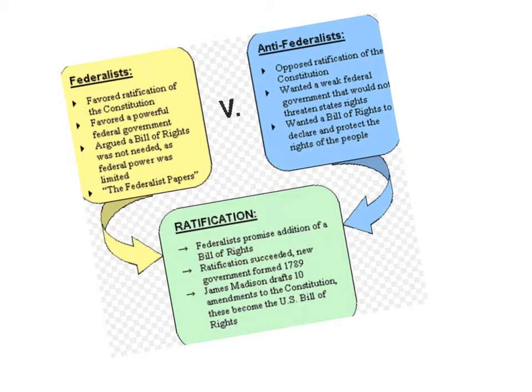So let's go back and remember the Federalists first, because we've been talking a lot this week about Federalists. This should come back pretty quickly, remembering that they are advocating to go ahead and sign or ratify the new Constitution that James Madison has written, because this document favors a strong federal government, which just means a strong national government. They wrote the Federalist Papers, which were essays that they sent all throughout the country trying to convince people that they were correct and that the new Constitution was the best plan for the country.